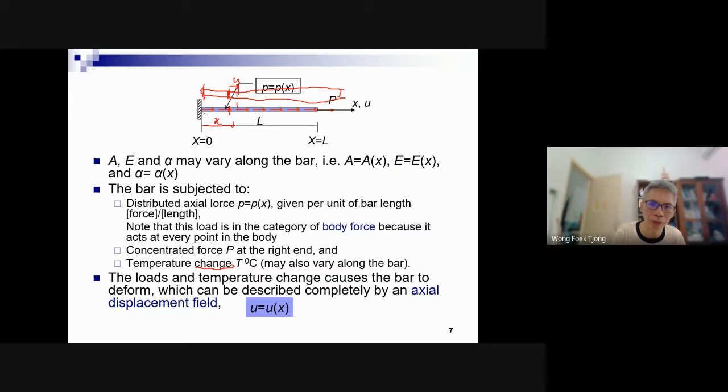X from here to here. So it means the motion of the cross-section at any points. That's U, a function of X. So displacement of any cross-section at any position, X. This is called displacement field. This function is called displacement field or displacement function. So this becomes the primary variable in our model, because this is the variable that describes the deformations, U at any point.